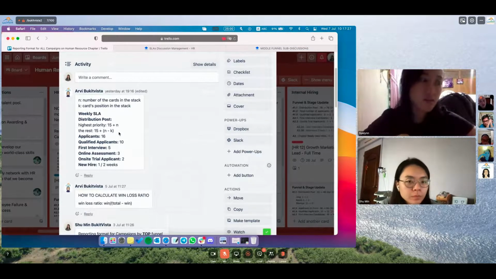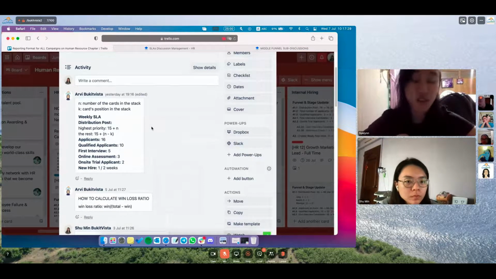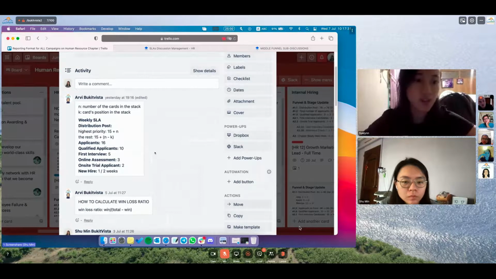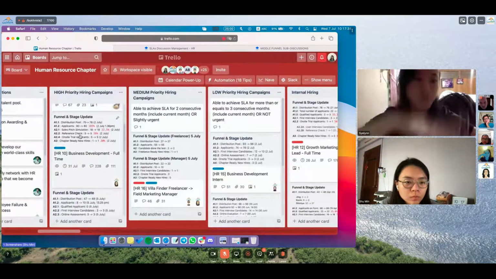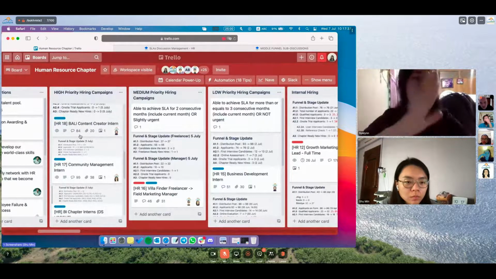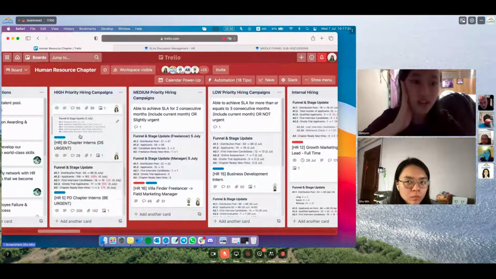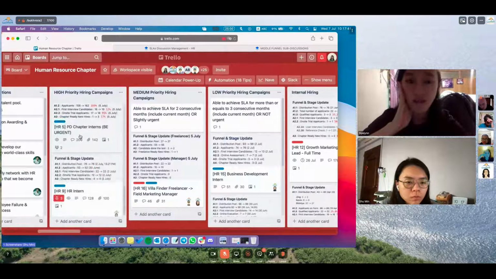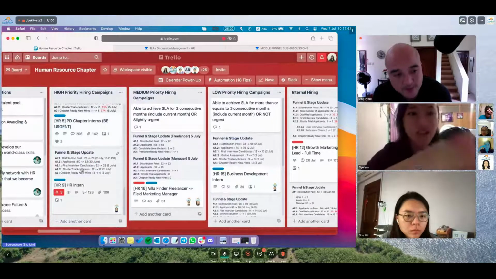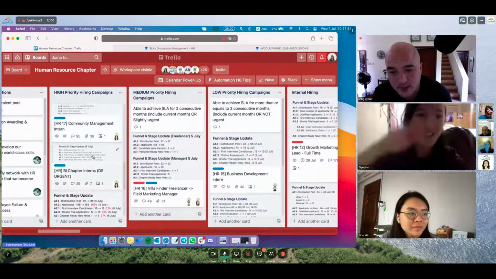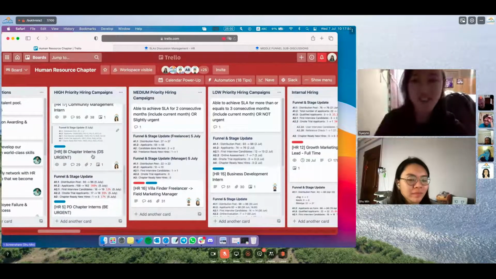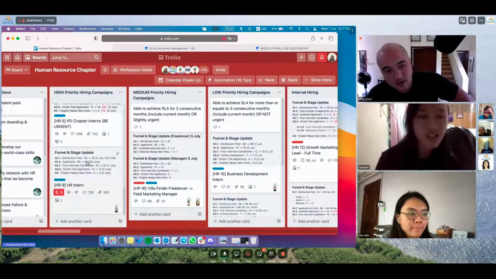Okay. So it kind of reflects the priority as well. If we were to make all of the campaign cards the same, with all of them doing 15 distribution posts, it doesn't actually reflect the priority itself. Because in the high priority campaigns, we also have the priority itself, right? So I see number one, number two, number three. So it kind of differentiates the priority in the stack.